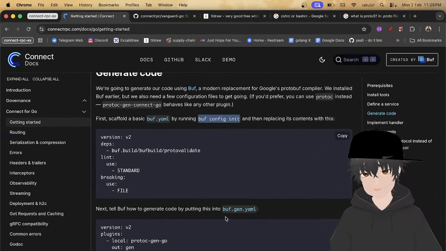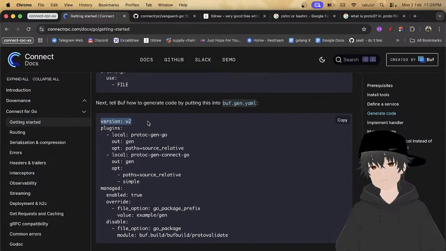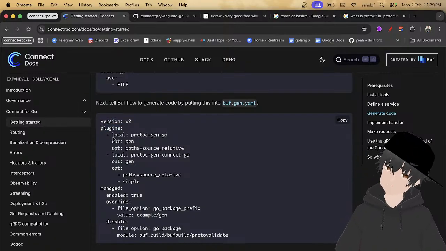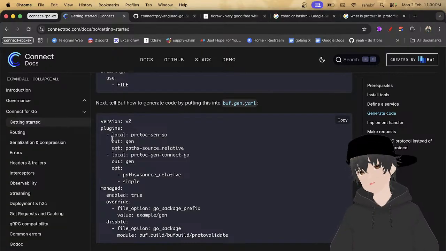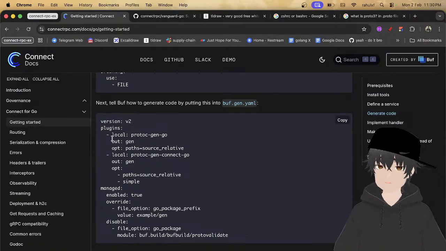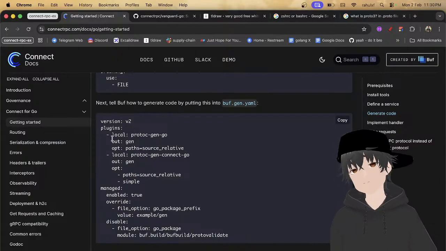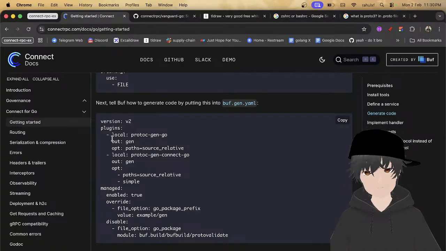So you need a buf.gen.yaml, which has version 2, which expects plugins. And those plugins we have already installed locally: protoc-gen-go and protoc-gen-connect-go. So both are local, which we have already installed.